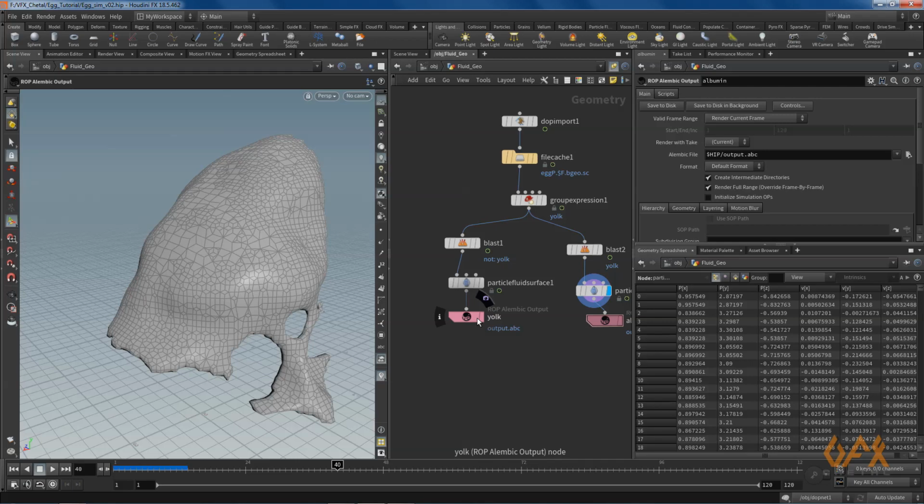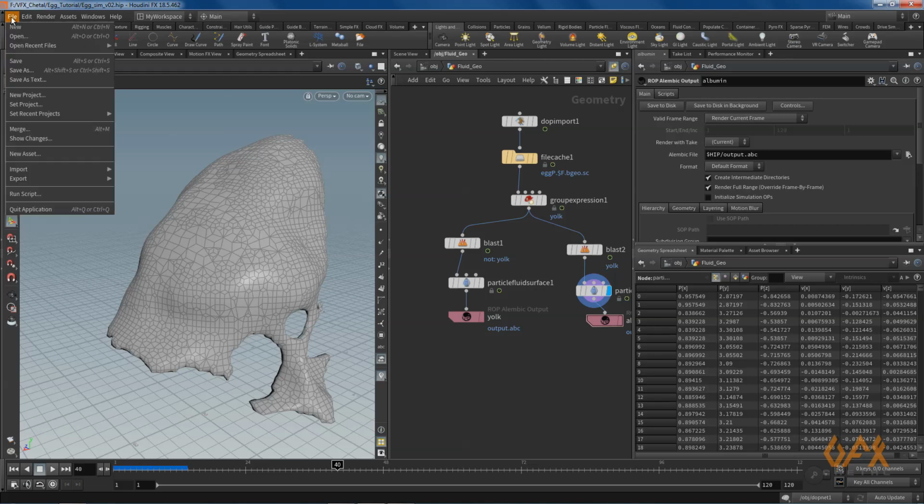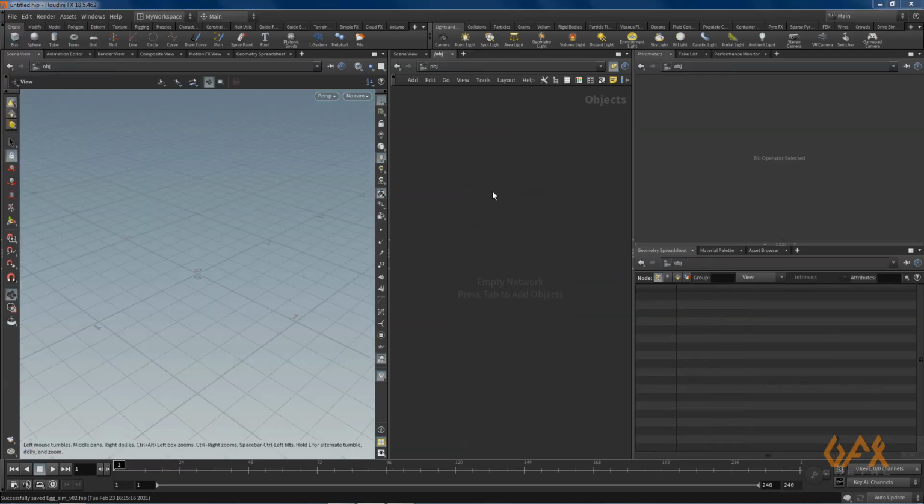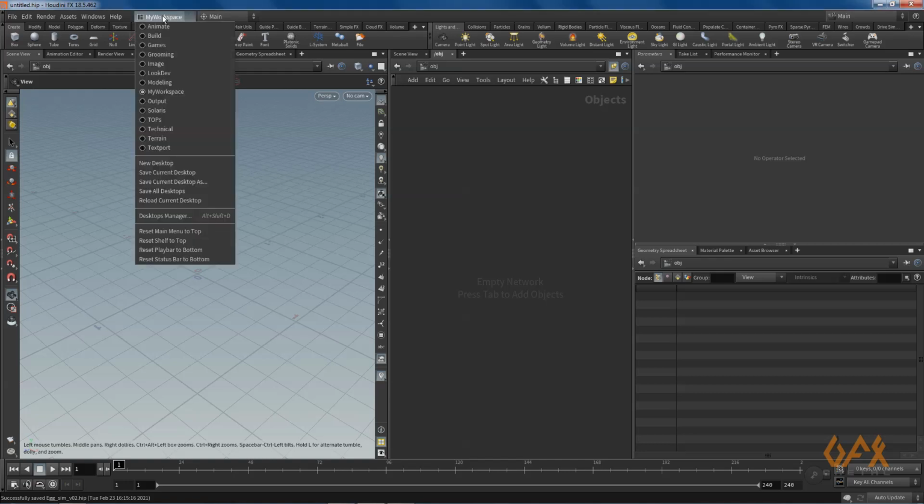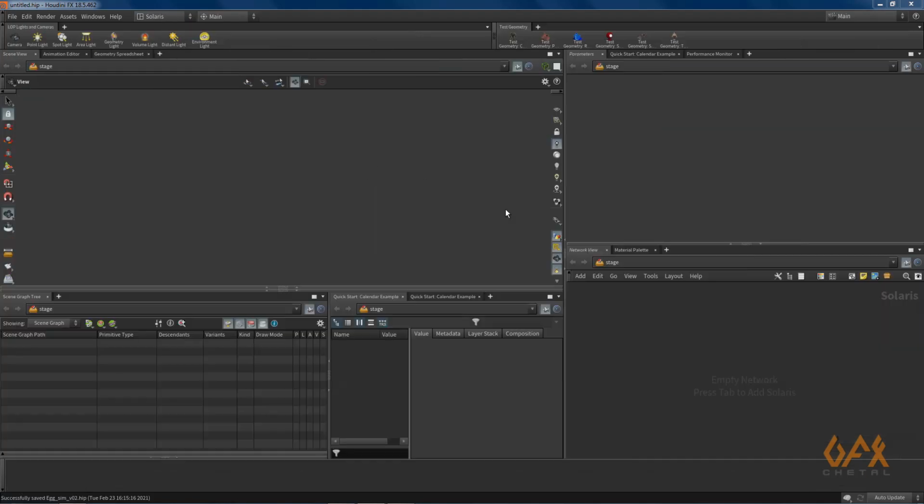So now my next step is to import the Alembic file and render it properly, apply material, apply lighting using Karma renderer. Okay, so it is a good renderer. So what I prefer, I just create one new file, and over here for Karma rendering, I just go over here to Solaris.